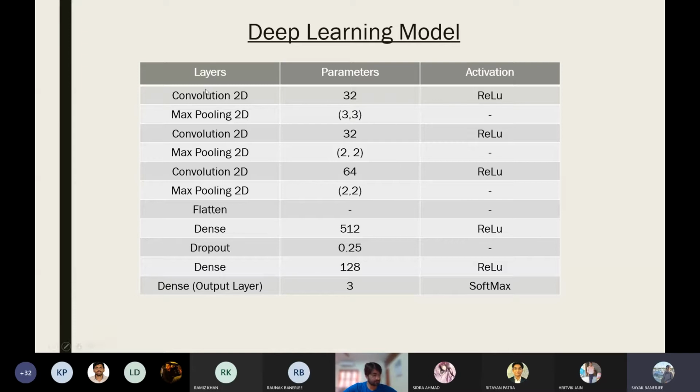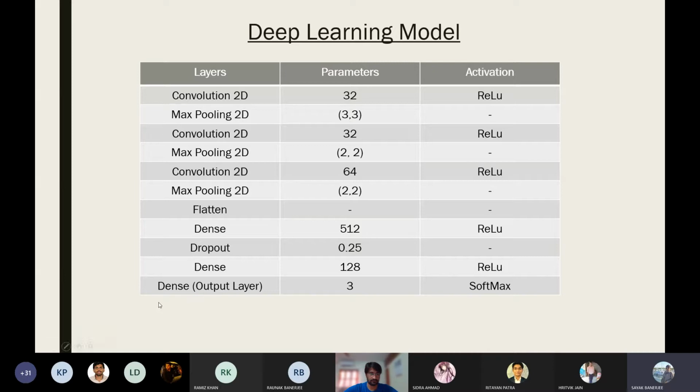Sir, this is the brief overview of the deep learning model that we are using. We are going with three convolutional layers, and each of them is followed by a max pooling layer with a 3 by 3 stride. Then we flatten all the layers and add two hidden layers with 512 and 128 neurons.